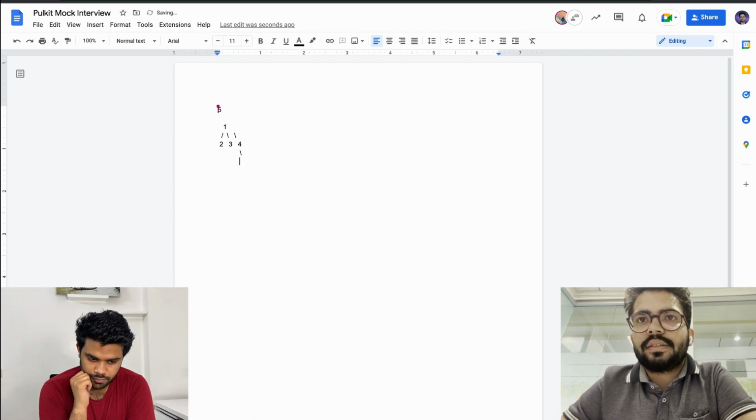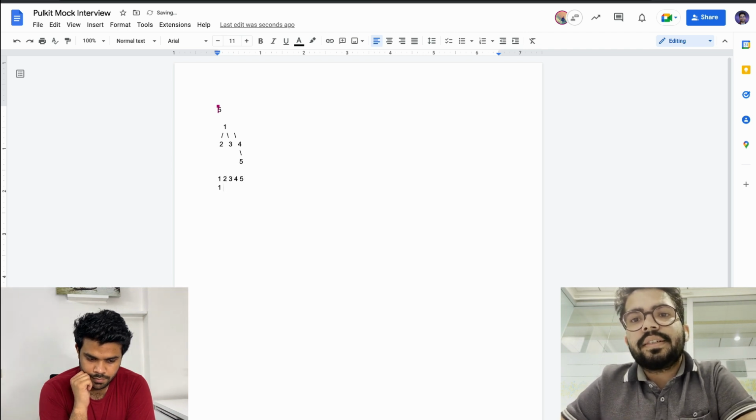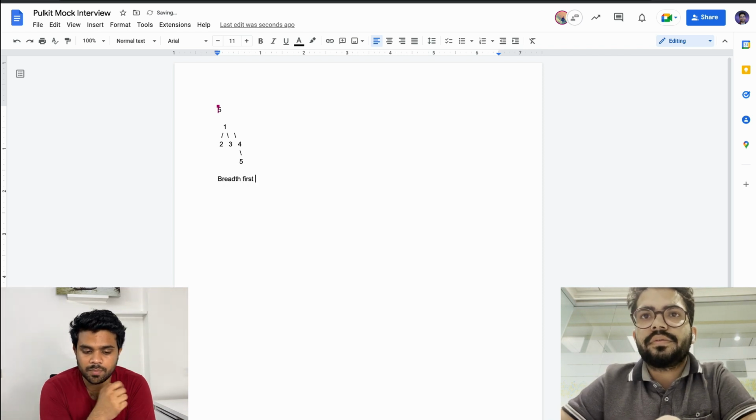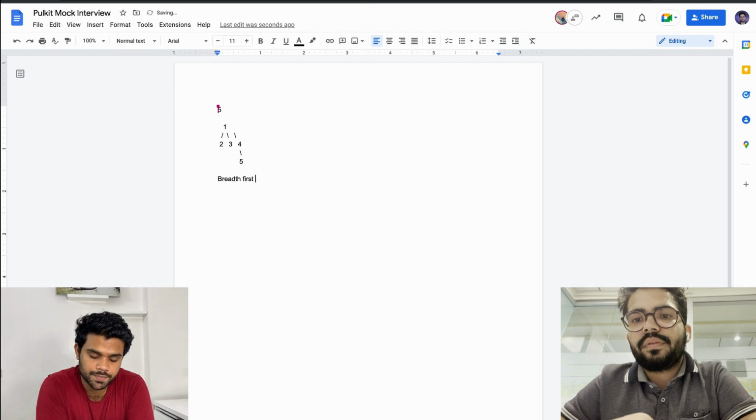I think one, two, three, four, five is valid. One, four, three, two. So you are looking for a valid breadth first search sequence, right? Yeah. BFS, breadth first search.